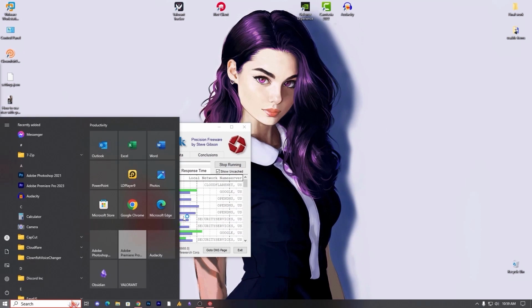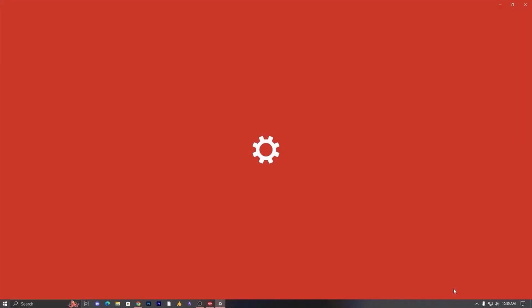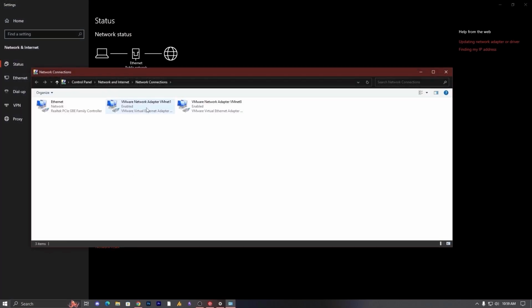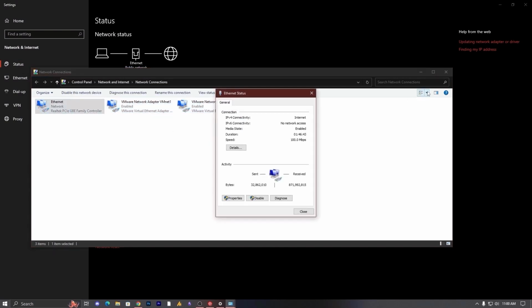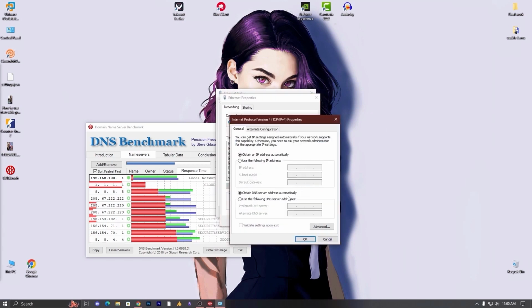Just click on the Windows icon, search for network and internet, or just click on the internet icon, then click on the network and internet settings. It will pop up. Now click on change adapter settings and go into the internet, which is your network main adapter. Now just double tap on it or right click on it, go into the properties and then again properties. Now find here the IPv4, then go into the properties, select the lower option, use the following DNS server addresses. Now put here